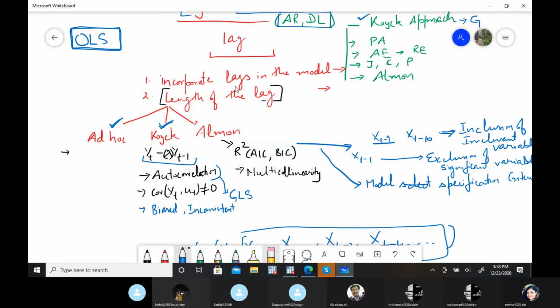This is just an example I'm taking from the dynamic model. What they ask is: this is the Koyck approach, explain this process with the Koyck approach. Explain this process with the Almon approach. But is that the main thing that you have to ask? Let's say we have another approach, then some other approach, then another.